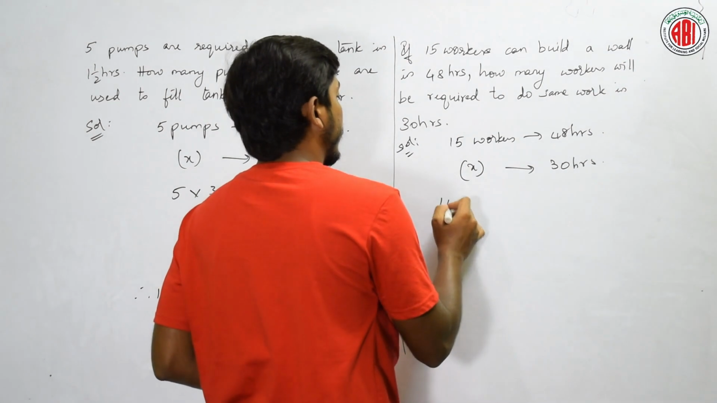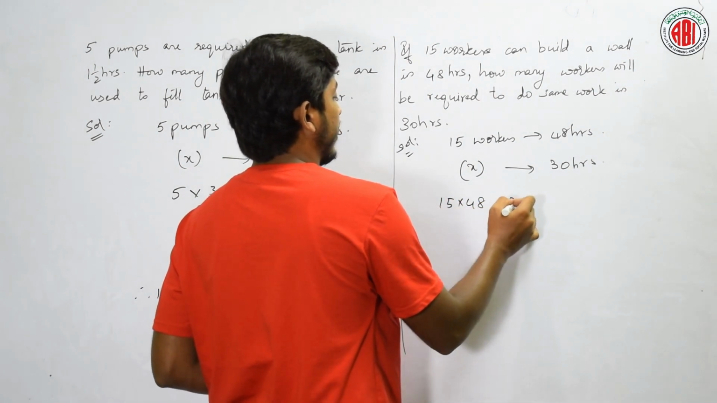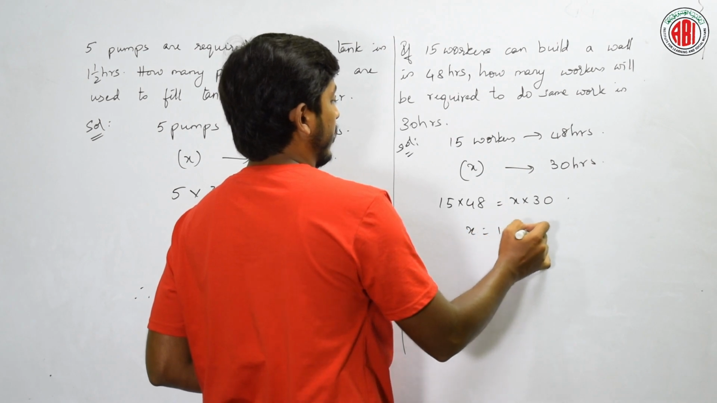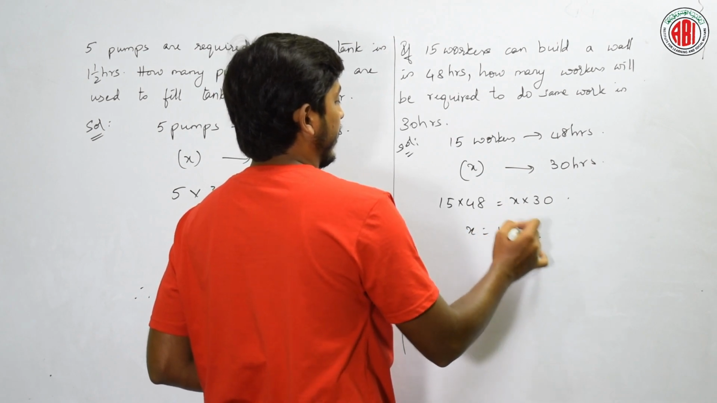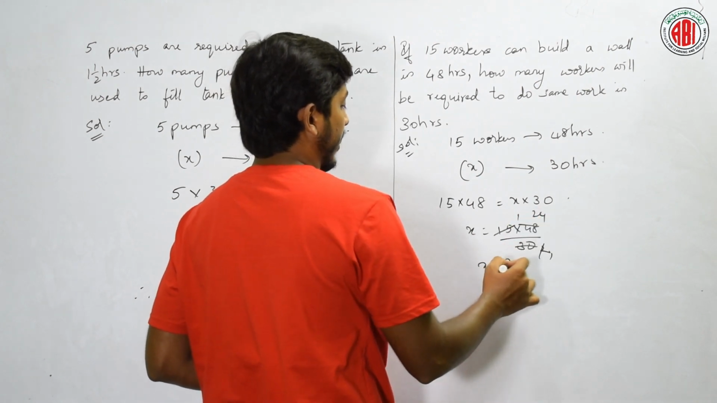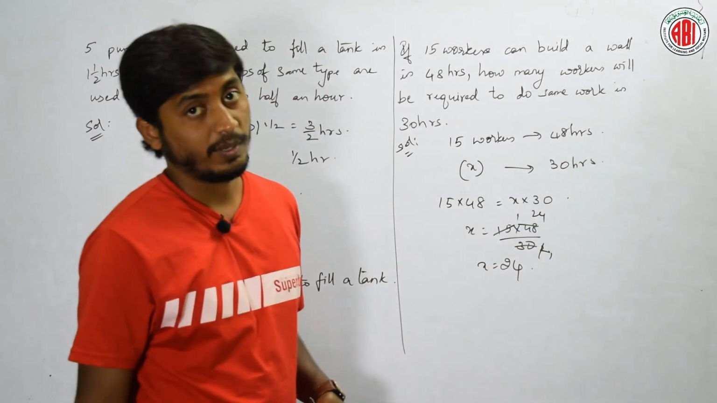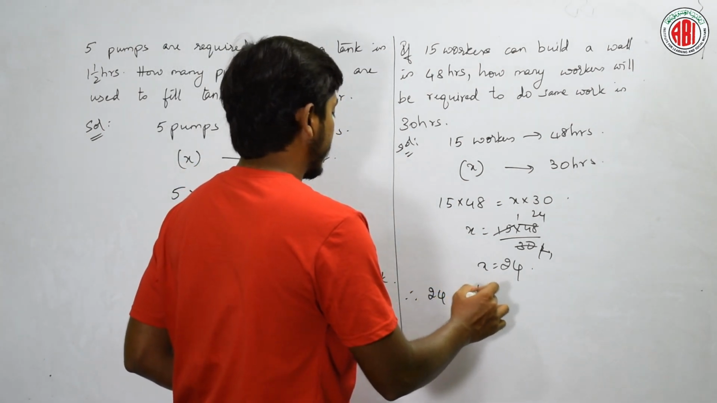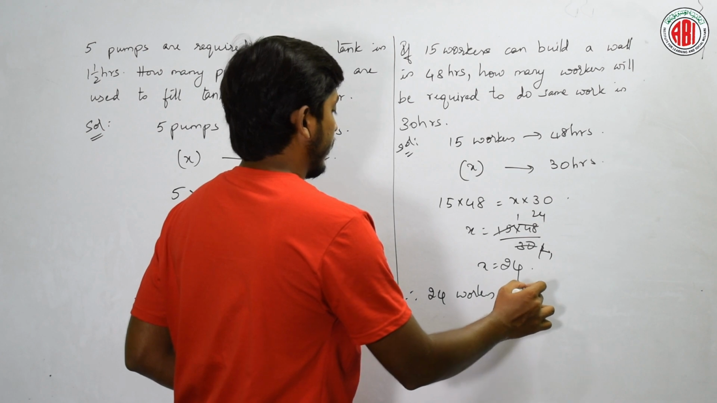Therefore, 15 into 48 is equal to x into 30. Therefore, x is equal to 15 into 48 by 30. 15 ones are 15, twos are 2, ones are 2, 24s are 24. X is 24. How many workers? Therefore, 24 workers are needed